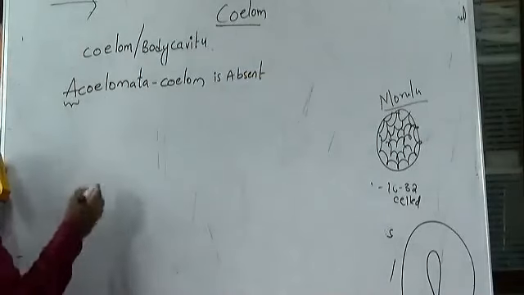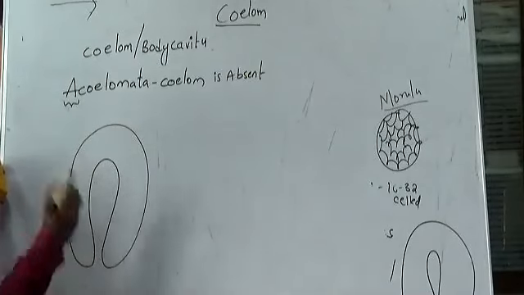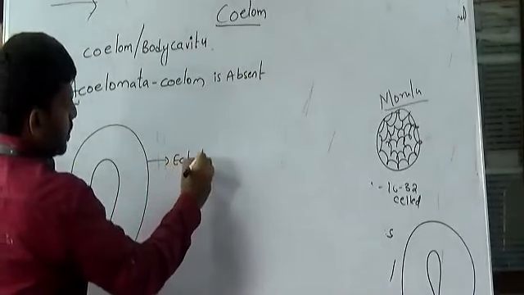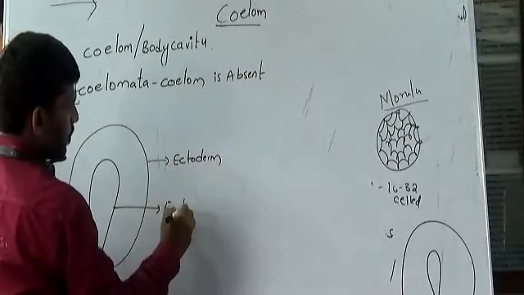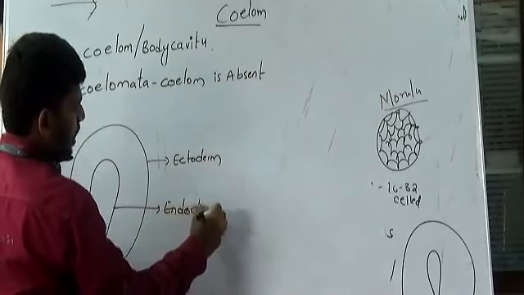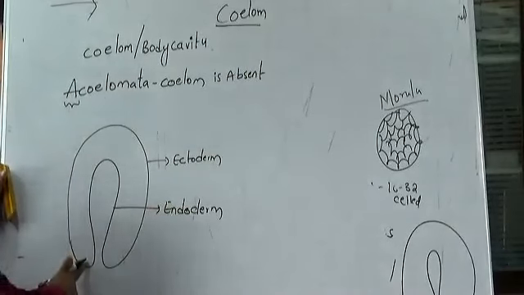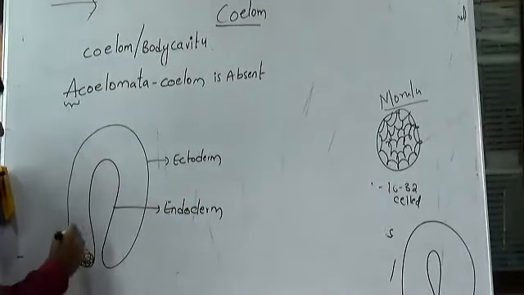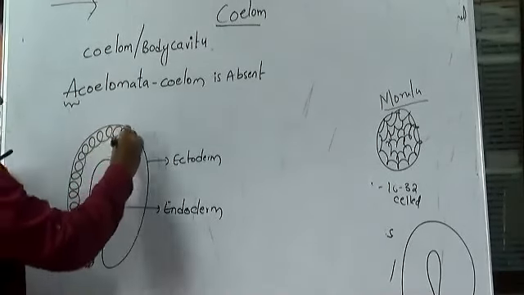So here you see first, this is the gastrula stage, right? This is the ectoderm, and this is the endoderm. From here, what happened? The mesenchyme is going to be formed. It is going to fill completely the entire